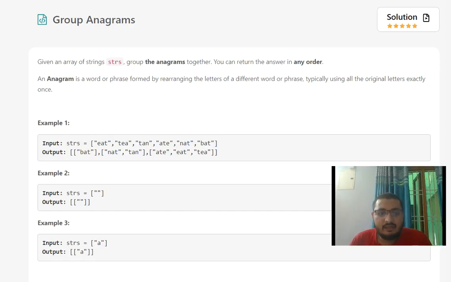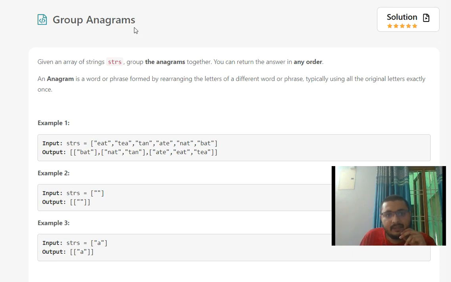So from today I'll be starting some interview preparation series wherein I'll be solving interesting questions from the website LeetCode. These questions will be in the level easy to medium, and they will be interesting. The problem which we have chosen today is group anagrams. It is one of the questions asked many a times in interviews.